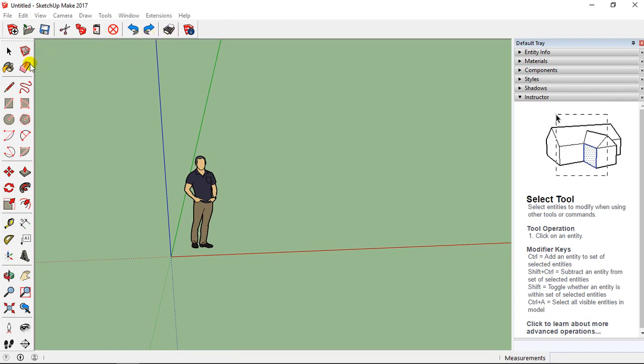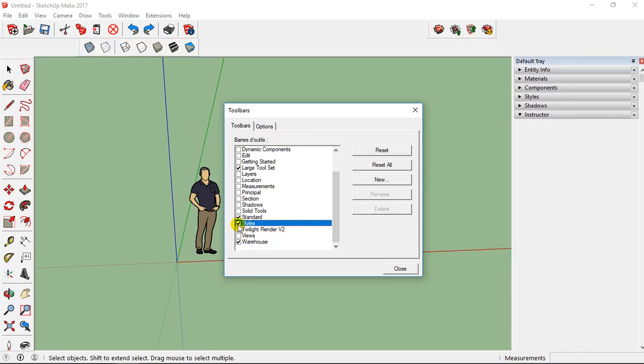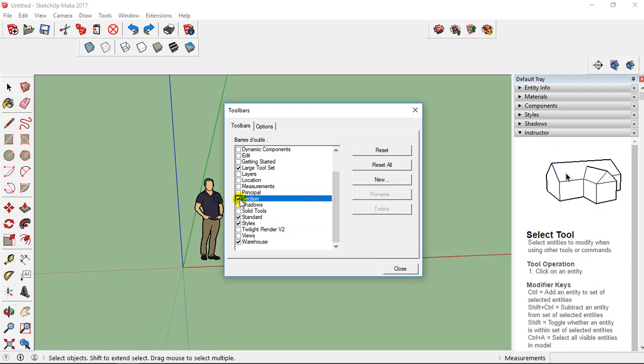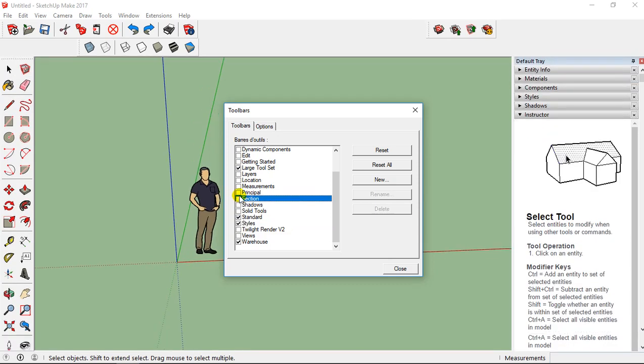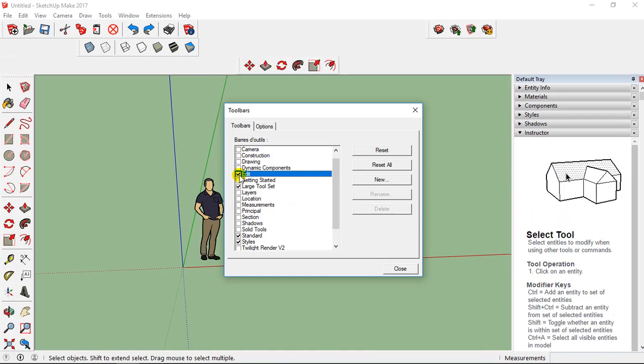So I can advise you to have these two tabs first. And after, to continue, you can also add Warehouse here. You can add Style too. Why not Section?